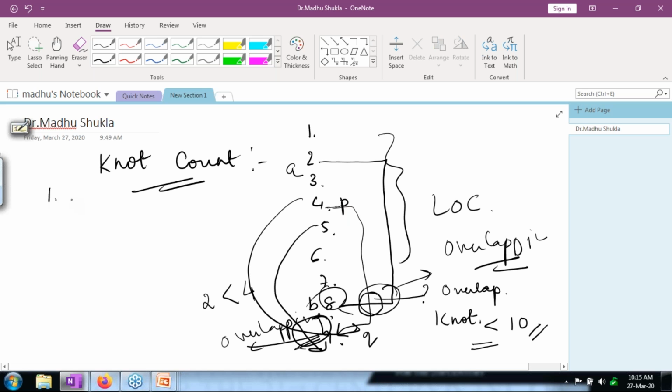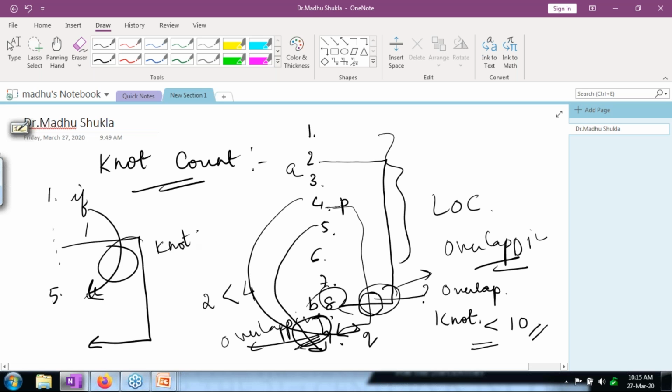You can say there was line 1, an if condition, and now it goes to line 5. If it is true, it goes here, otherwise it goes here. So control transfers here. Again, there was a condition, control transfers below. This is a not. You can explain like this in the exam.